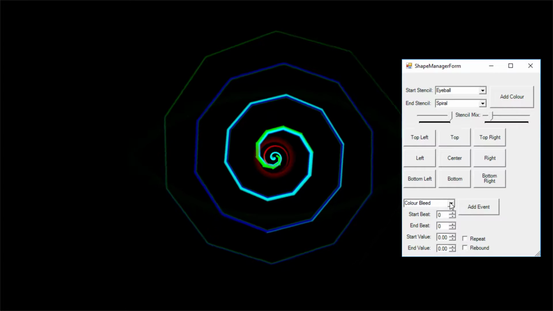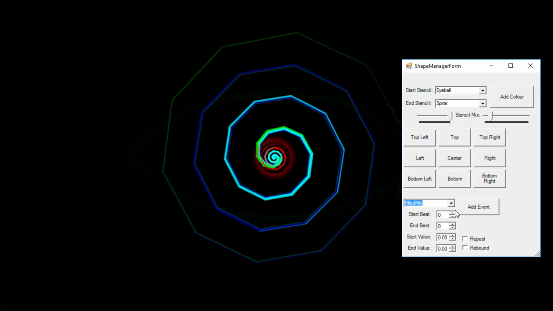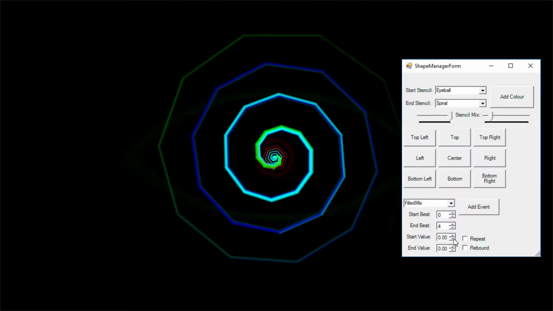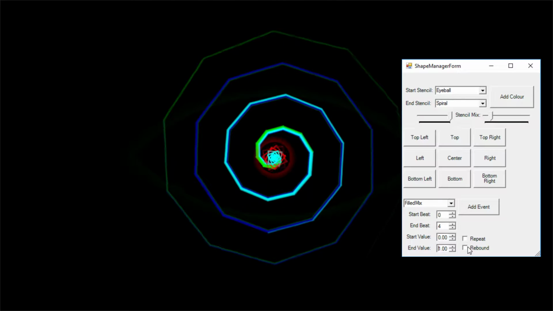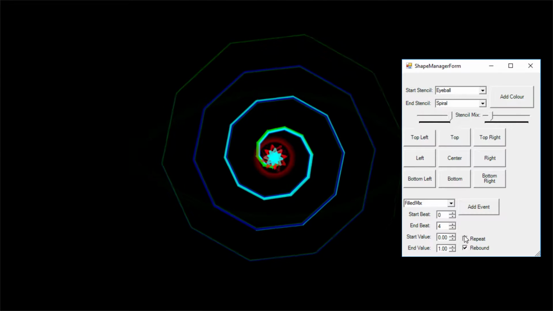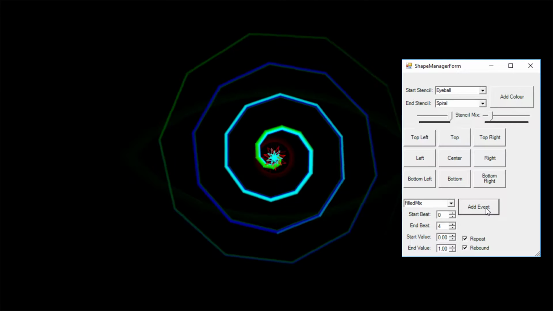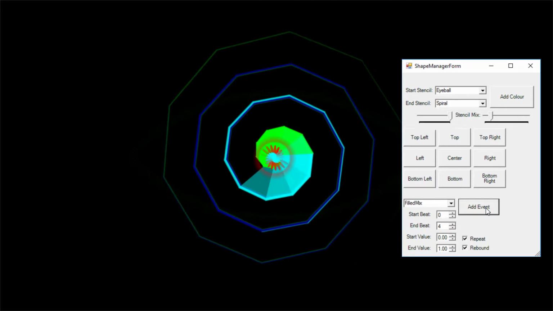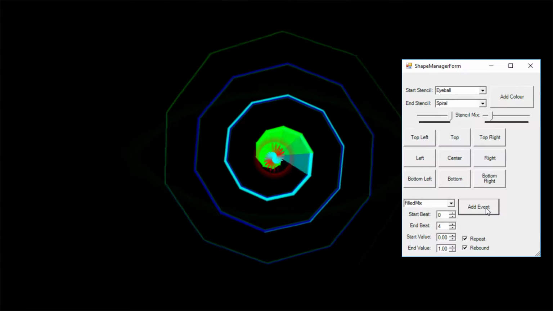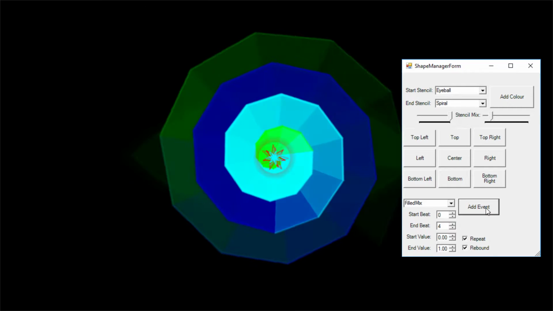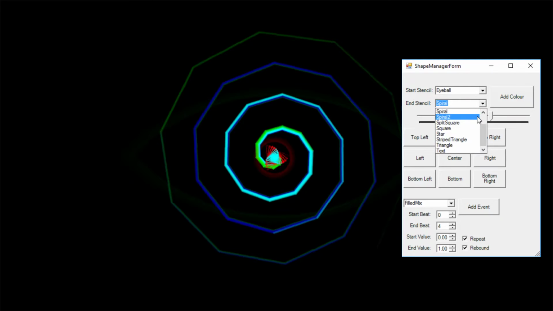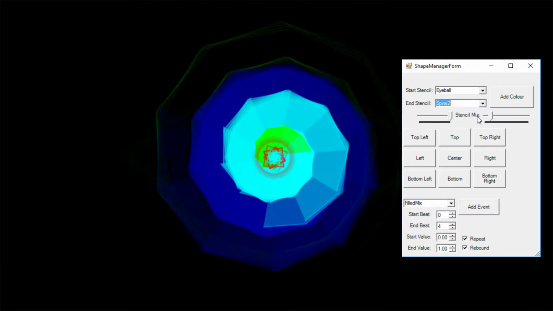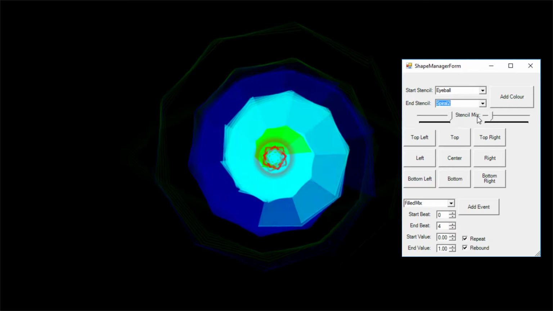So I could say I want the filled mix every 4 beats to go from 0 to 1. And I can say I want it to rebound after it's done, so it'll go 0 to 1, then 1 to 0. And I want it to repeat, and if I add this event, then what you should see is that it starts filling itself back up. See that? That's pretty cool. If I change this back to Spiral 2, you can see it looks more like Spiral 1,